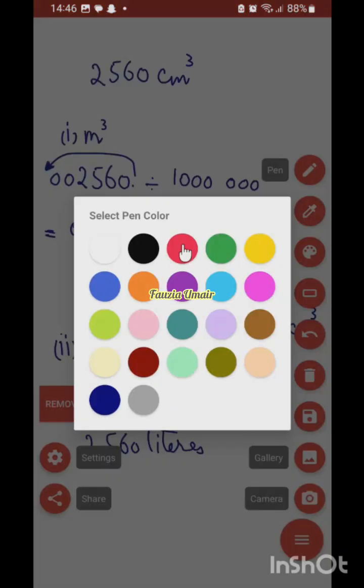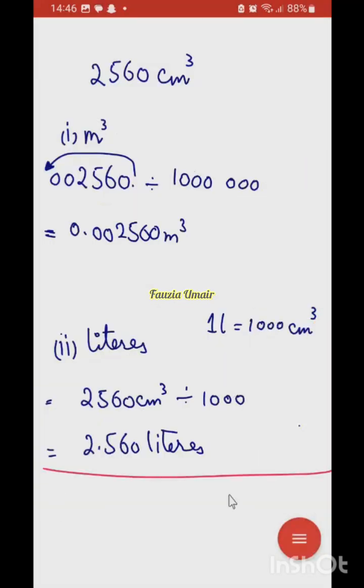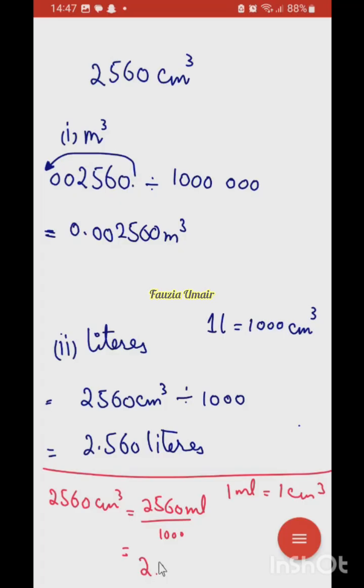अच्छा इसको अभिनेश अगर आपको ये समझ नहीं आई ना बात, तो एक और तरीके से भी कर सकते हैं. फॉर एग्जाम्पल वी कैन से, हमें ये पता है कि 1 मिलीलीटर इज इक्वल टू 1 cubic centimeter, राइट? तो हम कहेंगे बिकॉज इट इज 2,560 cubic centimeter, इसका मतलब है दिस इज 2560 मिलीलीटर। नाउ वी कैन कन्वर्ट मिलीलीटर टू लीटर। मिलीलीटर से लीटर कैसे कन्वर्ट करते हैं? वी डिवाइड बाय 1000, राइट? So the answer would be 2.560 liters. हम इस तरह भी सोच सकते हैं।